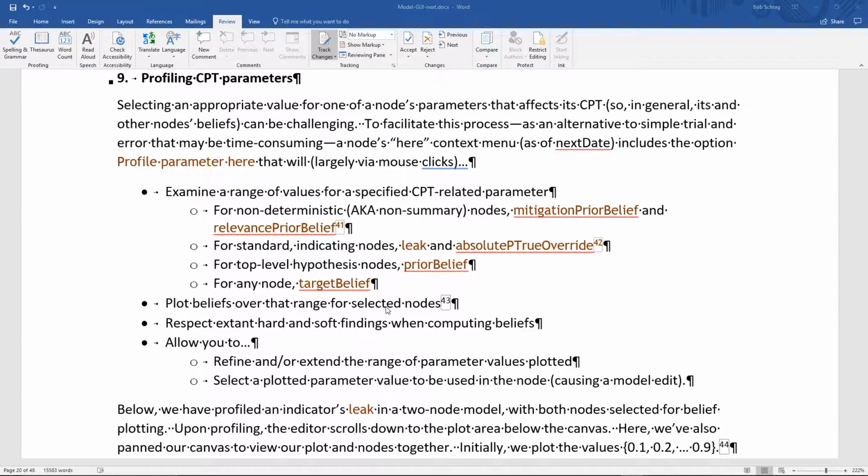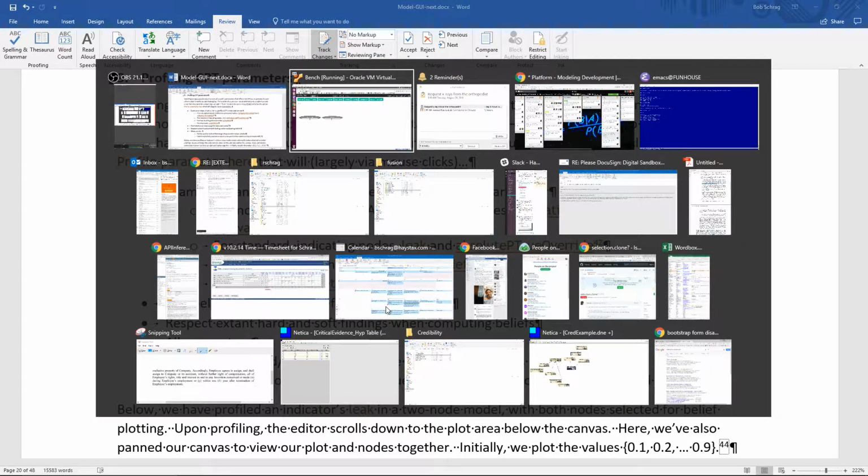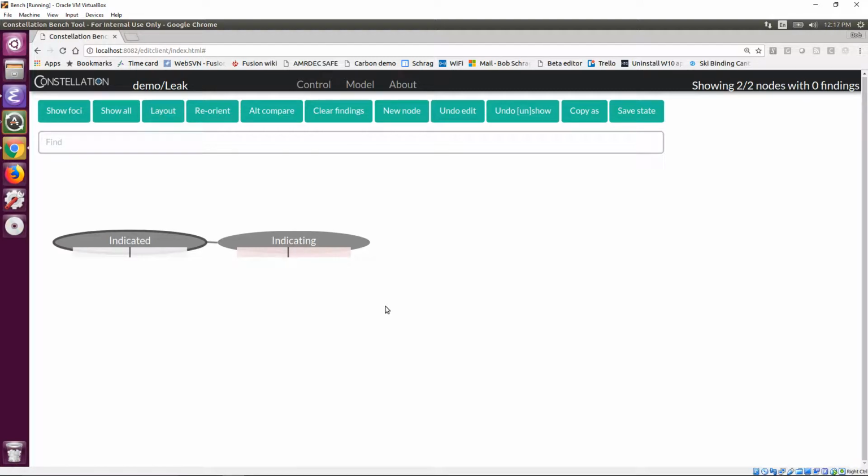So what we're going to do right away is flop over to a little model that's in here now. I called this model leak because that is the parameter I'm going to profile. And the way this works is I'm going to do, well, you saw there,